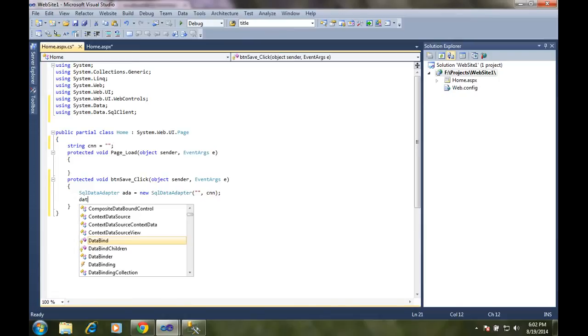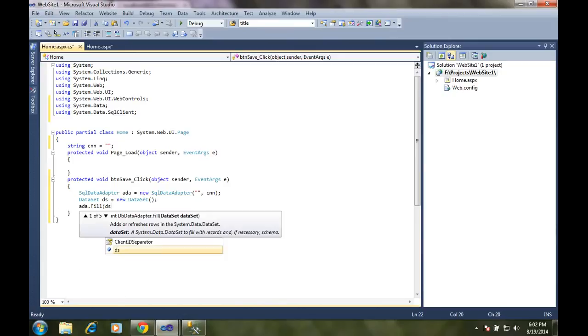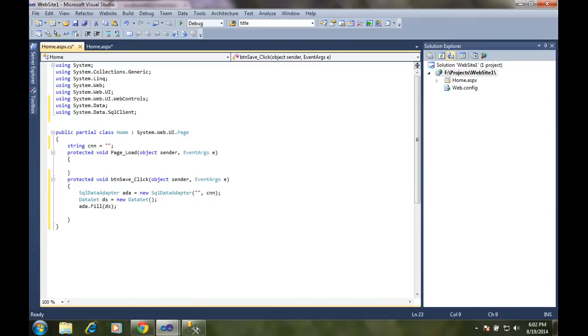Dataset, ds equal to new dataset. Then fill this. That's it. This is actually the code for everything. Whatever you do, manipulation or DDL, DML, this one is enough.